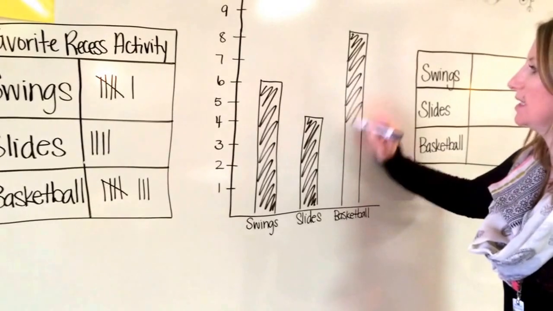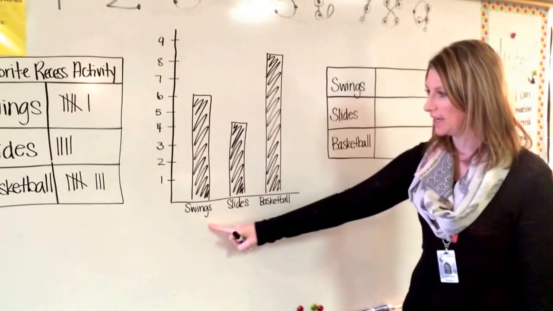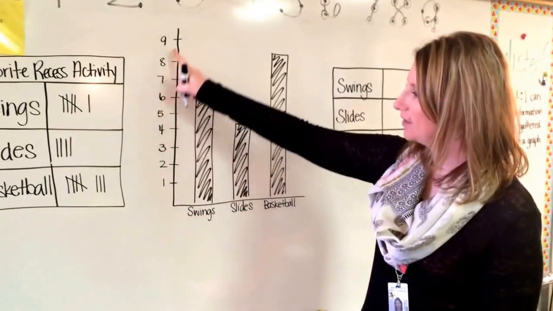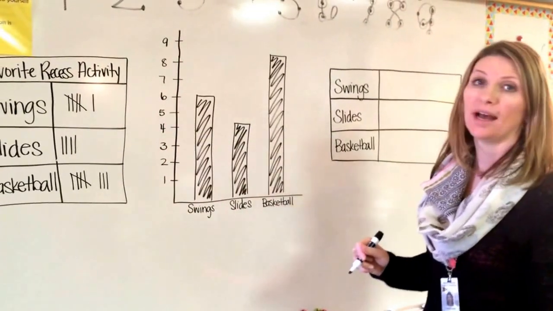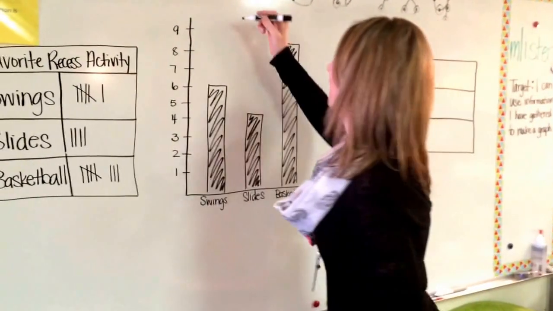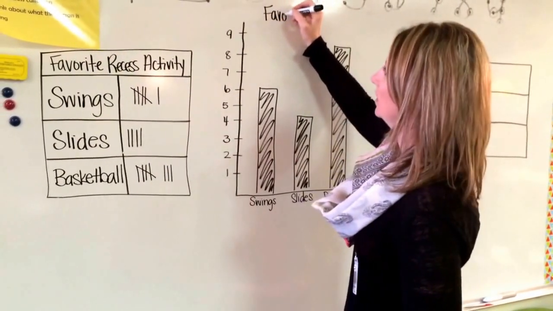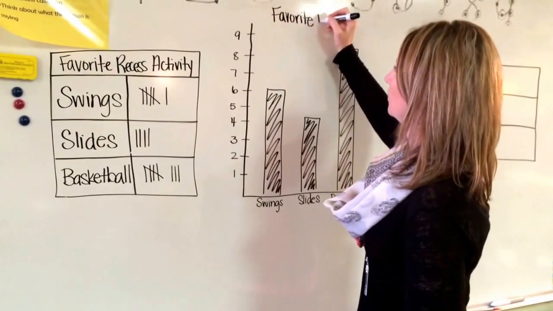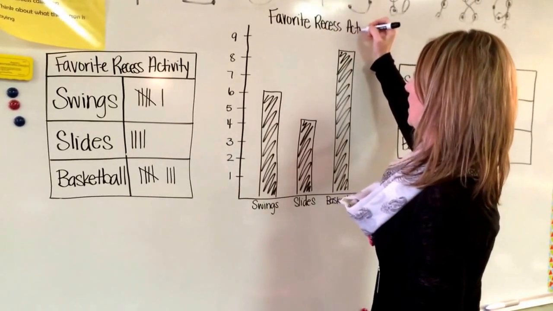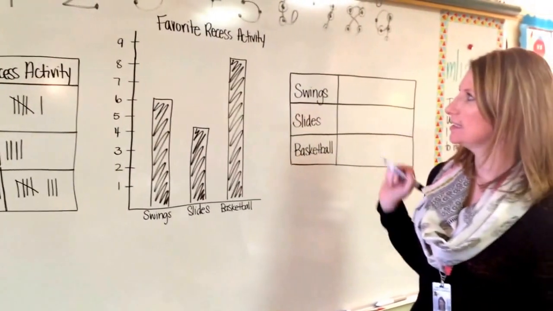Now I'm missing something from my bar graph that's really important. Here I have my options at the bottom, and I have my scale going up the left-hand side right here, but I'm missing a title. You got it. I have to have a title. And my title is Favorite Recess Activity. You have to have that up there so that the person reading your graph can easily see what you're